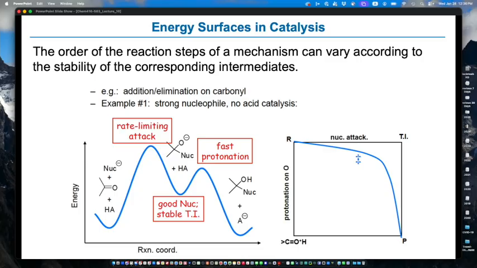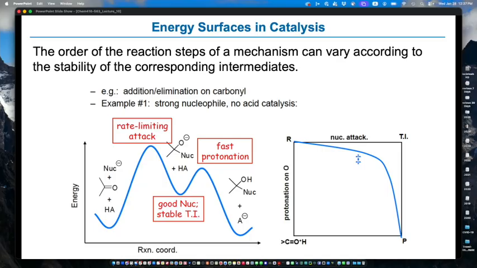That's kind of one of the other acid-base pieces here. If you did this with, maybe, a nucleophilic Grignard attacking a carbonyl, it might precede the proton transfer in that case. So some of what you're seeing here is you have to match it to the right kinds of reagents. It generally follows what we describe here: usually a good nucleophile makes a relatively stabilized intermediate, and then fast protonation might happen. But